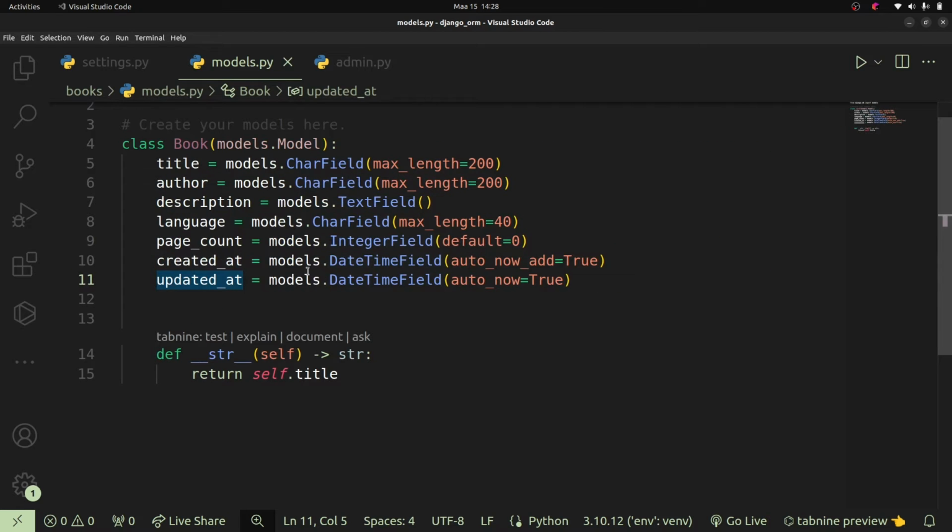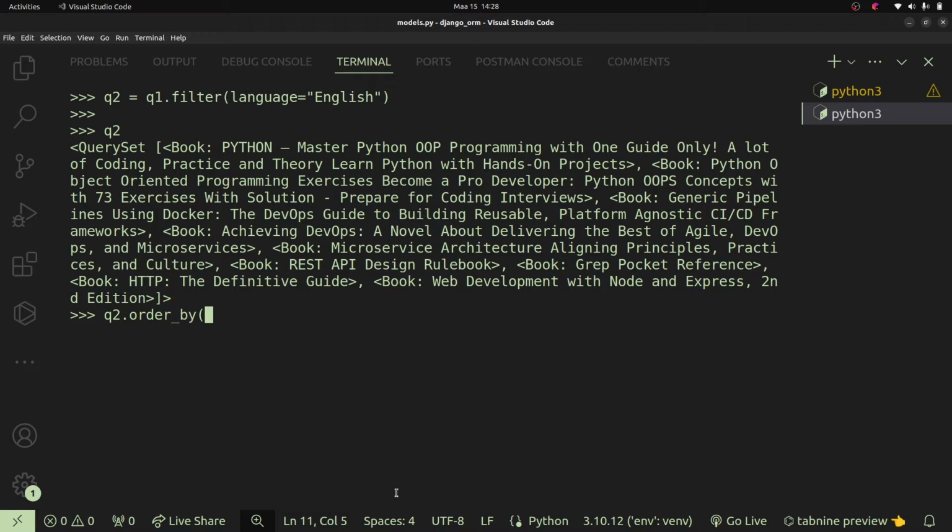So this is one that's being stored each time we create an object of type book. So that's the whole purpose of the auto_now_add argument to the DateTimeField class. It helps us to just go ahead and save the item at the specific date that we went ahead and populated it. So in this case, if we go back to our terminal right here and say q2.order_by, we want to specify the field that we want to use to order. So in this case, we shall say .order_by created_at,